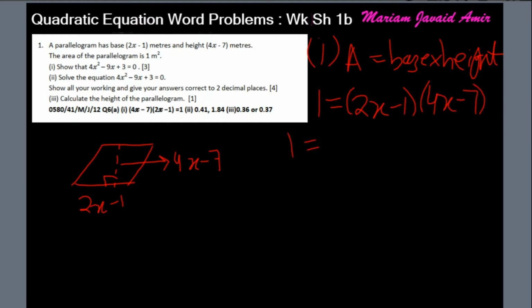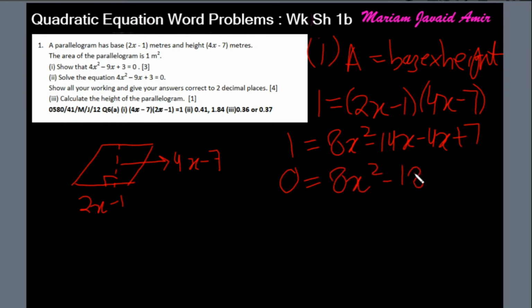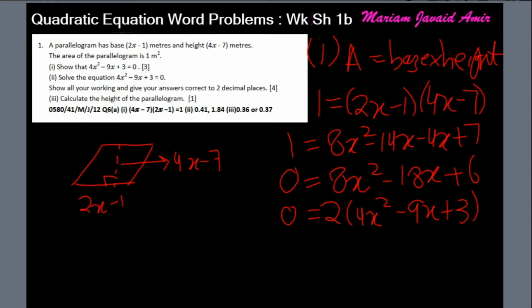Open the brackets. We get 8x square minus 14x minus 4x plus 7. 0 is equal to 8x square minus 18x. 7 minus 1 is 6. Take 2 common: 4x square minus 9x plus 3. Take 2 to the other side, it will get divided with 0 and we'll still get a 0, is equal to 4x square minus 9x plus 3. So we've shown the equation